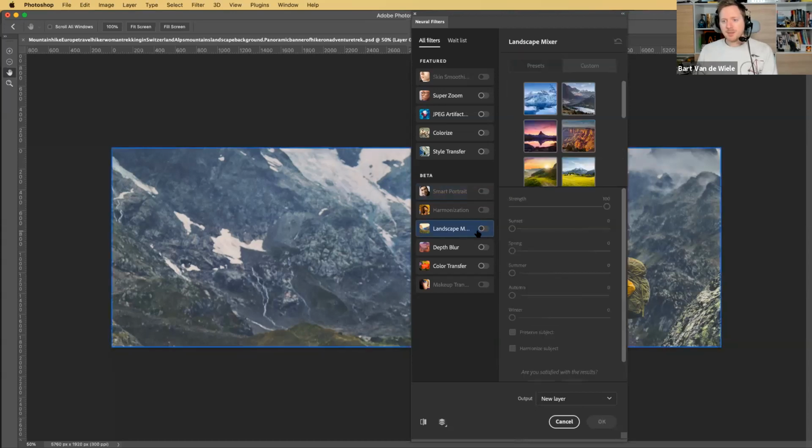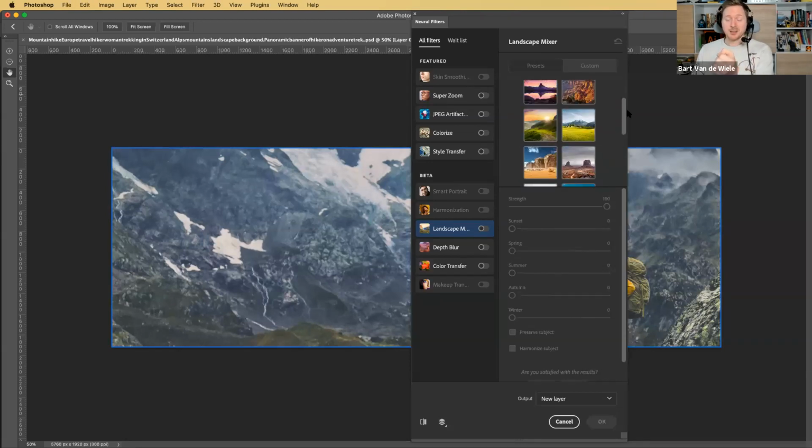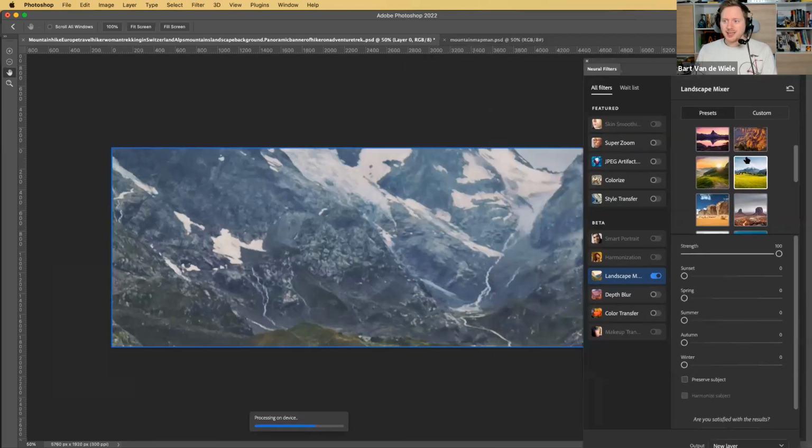So I'm going to click the landscape mixer option, and I can maybe upload my own picture, but it also comes with existing landscapes I can go ahead and choose and manipulate. For example, I have never chosen this particular preset here, but I'm just going to give it a shout. If I click this beautiful meadow, it looks like spring or summer, it's going to select the properties of this sunlit green grassy area, and it's going to apply that here onto my winter image. Again, I've never really clicked that one before, so I'm going to be surprised what the result's going to be like,